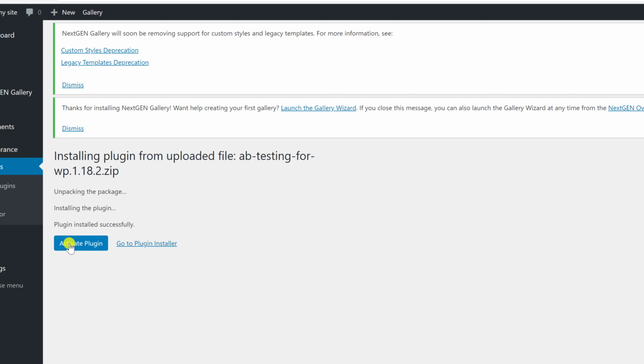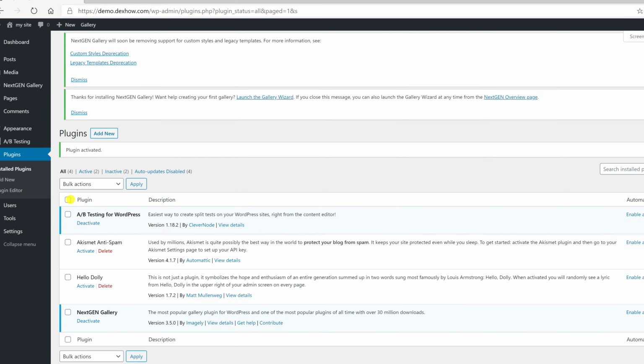Once installed, you need to click on the Activate Plugin link to start using the plugin. You would have to configure the settings to fit your needs. These settings will vary for each plugin, therefore we will not be covering that in this video. You have now finished installing this plugin.